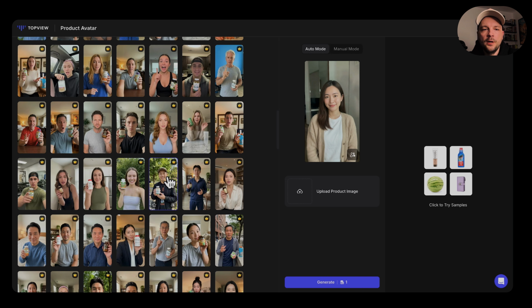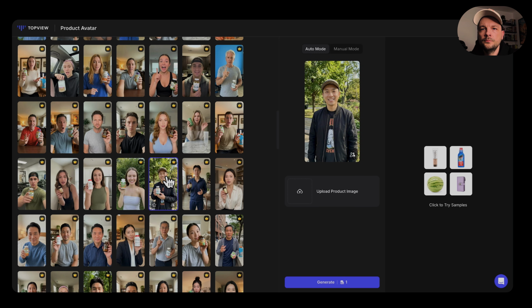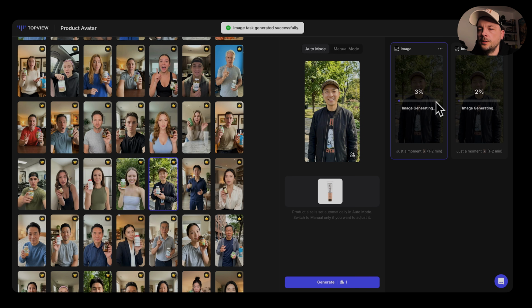In here, let's maybe try this guy. He is outside, lighting is quite cool, and he needs a product. But to show it to you, I think it's just enough to do it with sample products here. I will click this one. But if you already have one of your own, you can easily click here and upload your image there. So we will hit generate, and it got uploaded here to separate generation feed. While this is being generated, you can see we used